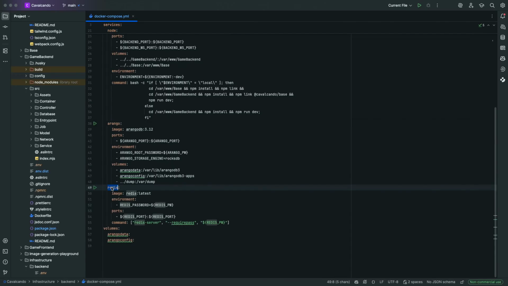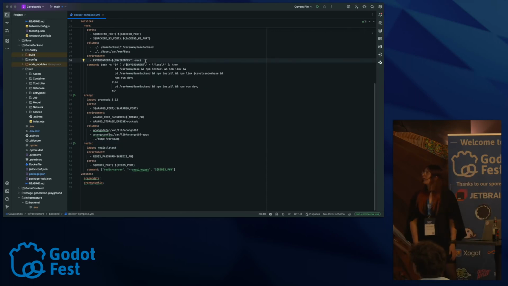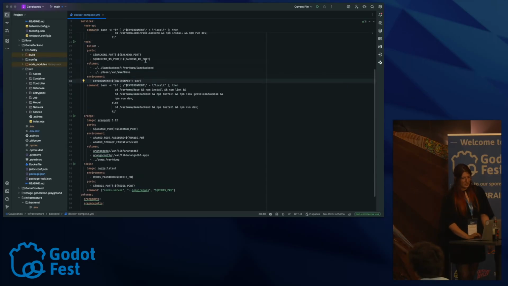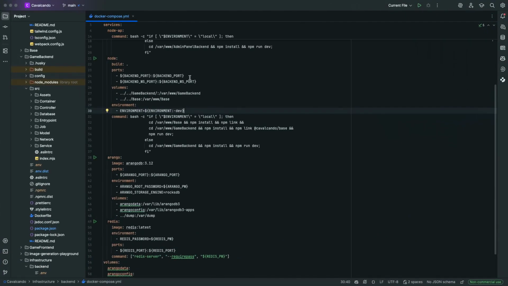I can define my ports, which ones should be open, where I want to communicate. I can also remap them. Volumes are a great thing there because I copy the code or my repository from the host system into the container, so I can actually run the code I wrote. I can also put in environment variables, like we know from all the systems: passwords, ports, and stuff like that. And you can define a .env file, which is directly used in there.